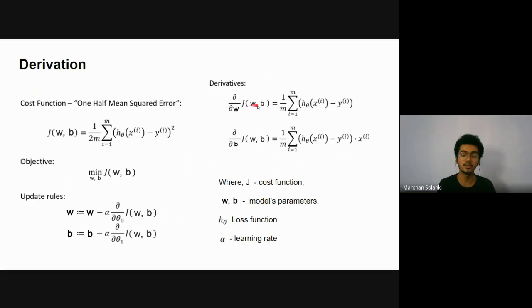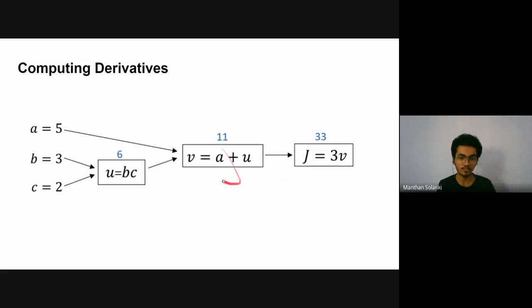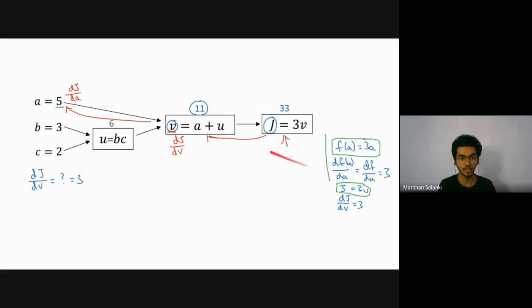Now, what is the partial derivative doing in our hidden layer? How can we compute dJ with respect to dA? We need the derivative with respect to our input variables, our input parameters. We will not get the direct derivative, so first we get the derivative with respect to dv.